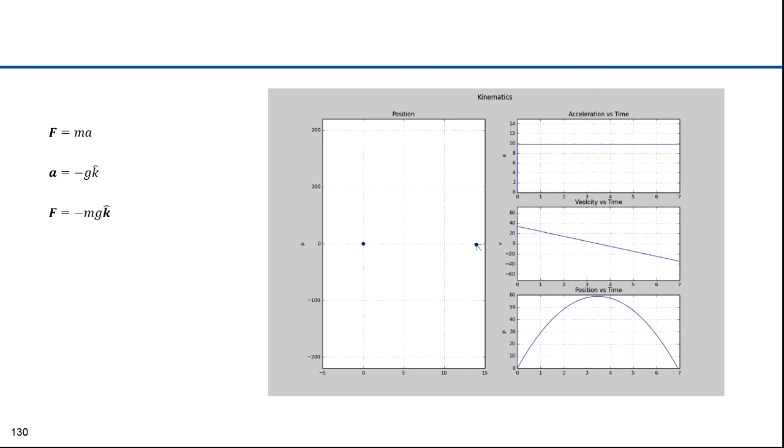Newton's law F equals ma can be expressed as a differential equation: F equals m d squared r over dt squared. This is the second derivative of the position function r of t. Any function r of t satisfying this equation is a solution to the differential equation. Laws of physics which involve rates of change are expressed as differential equations. F equals minus mgk gives us a whole family of parabolic trajectories,